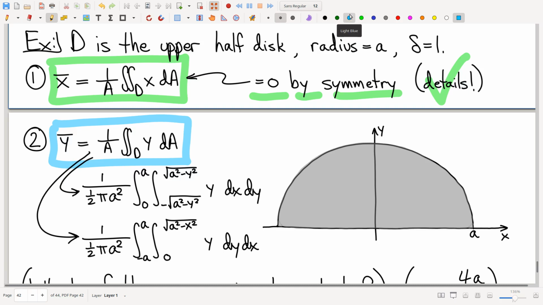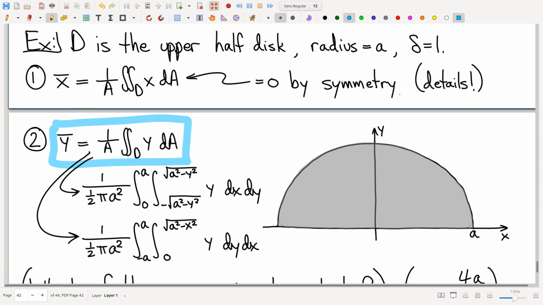So here's the dangerous one, though. The dangerous one is the y-coordinate, because it looks like it's susceptible to a symmetry argument as well. It isn't, but it looks like it is, and that's the danger. So whoopsie. Let me make a good color choice. The domain